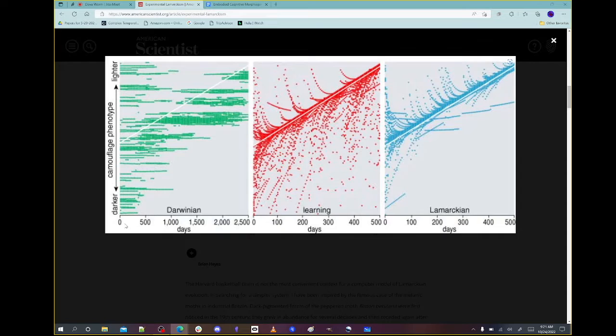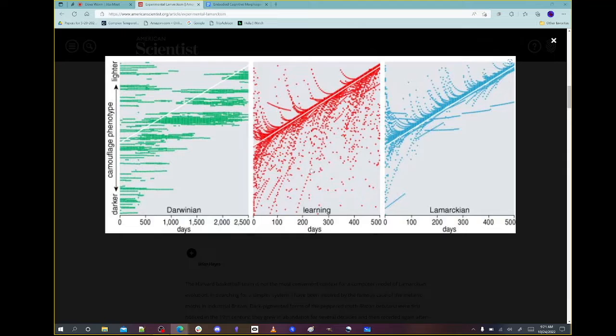And so in Darwinian evolution, the darker phenotypes disappear gradually, but not entirely. You do get some that are maybe a little bit above the mean, and then these lighter phenotypes at the very top disappear, but everything tends towards this line, although it's a little bit below the line. But you see that you have these frequency bands that are sort of the result. Now that's important. When you go to learning in Lamarckism, or Lamarckian evolution,